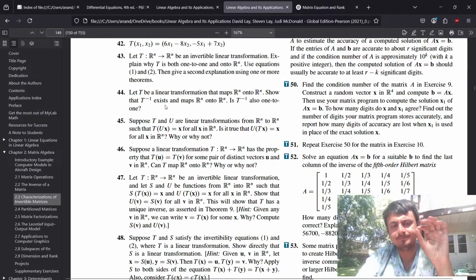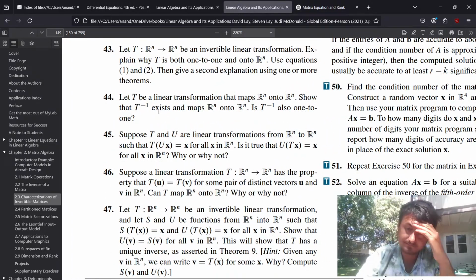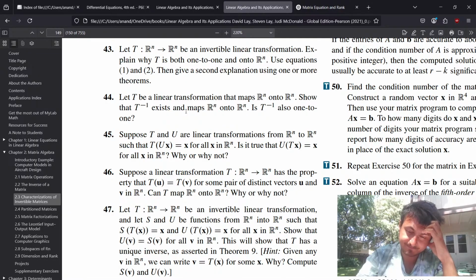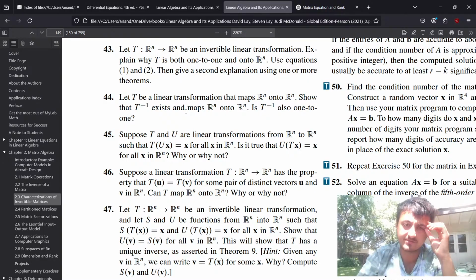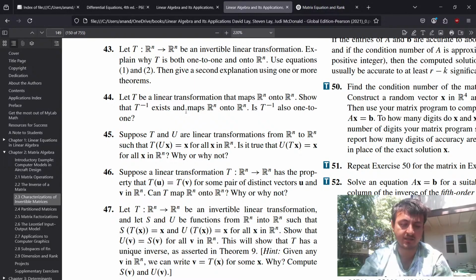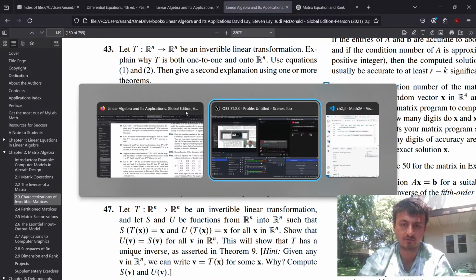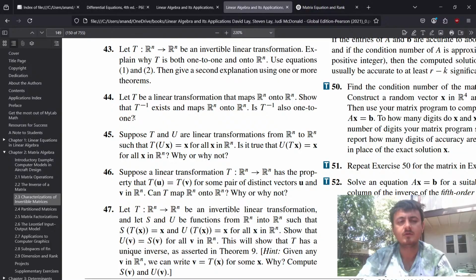I mean, if the linear transformation is invertible and the codomain and the domain have the same dimension, then the inverse must span T, or yeah. All right,